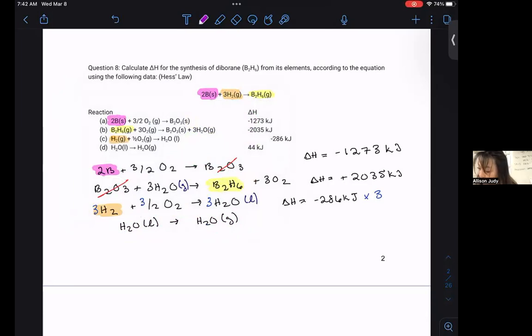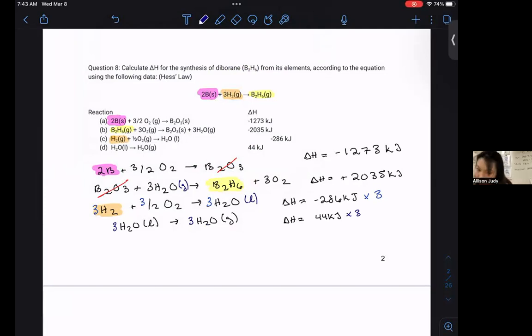But when I look at my H value and I look at my coefficients, I should notice that I need to multiply by 3 in order to cancel out the H2O liquid and the H2O gas. So I take my value of 44 kilojoules and I multiply my whole reaction by 3, which means I multiply my molar enthalpy by 3 as well. And then what I see